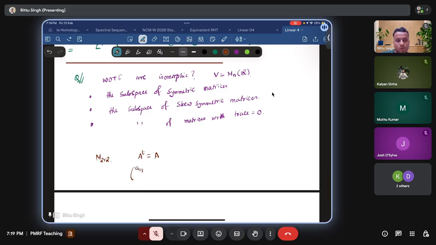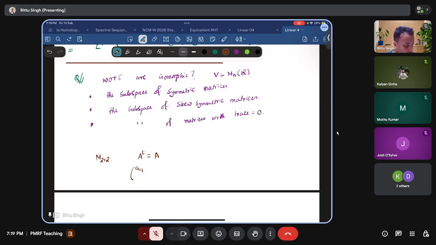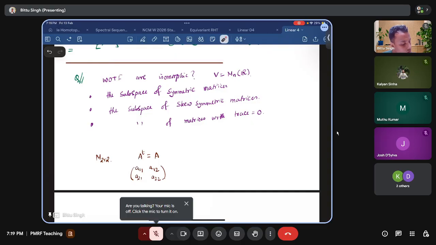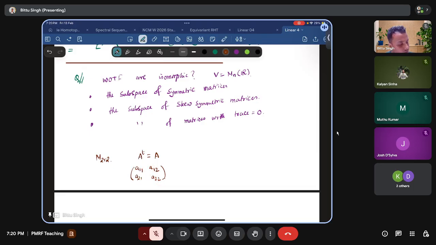Yes, this is okay. Let us see what happens for the 2 by 2 case. Symmetric means A11, A12, A21, and A22. You can flip it along this diagonal, so A12 should be the same as A21, right? So in general, what is happening is that